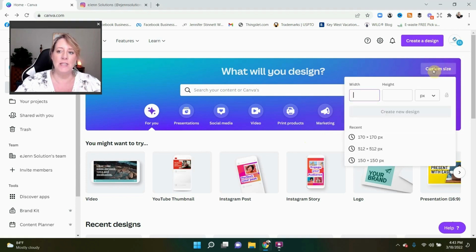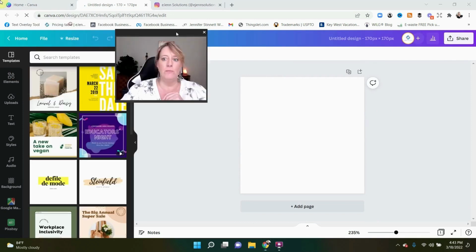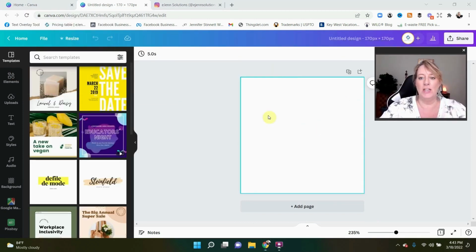size. Simply select that. And for Facebook, which is what we're going to do today, we know that the Facebook size is 170 by 170. You're going to simply put that in, and you want to make sure that this is for pixels. It's in that metric. And then you're going to select the button that says create new design. You simply do that. And you're going to have your nice little template for the exact size that you need for a profile picture.